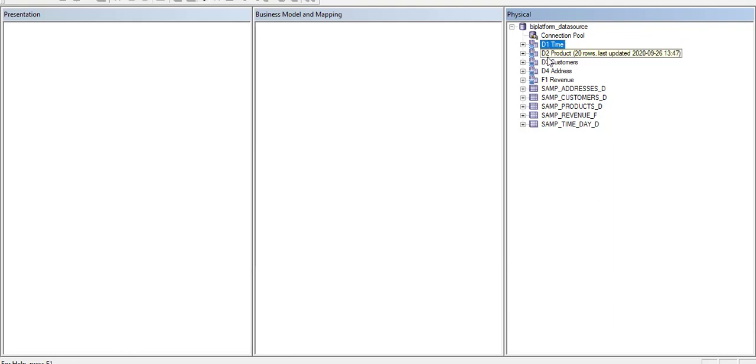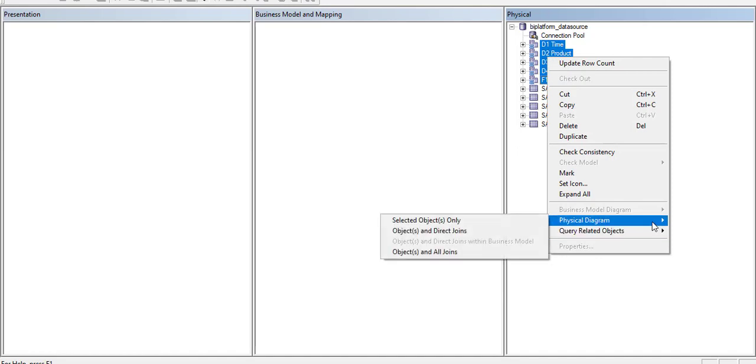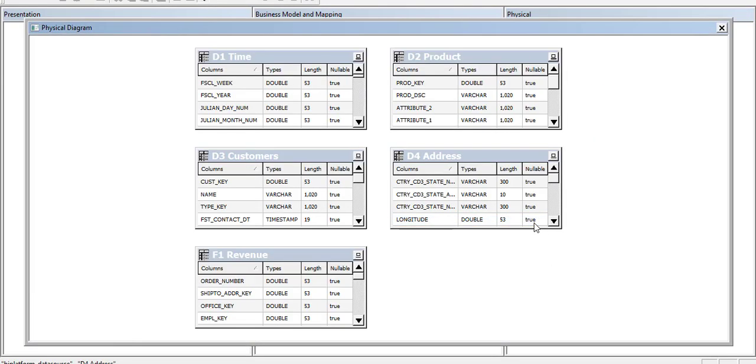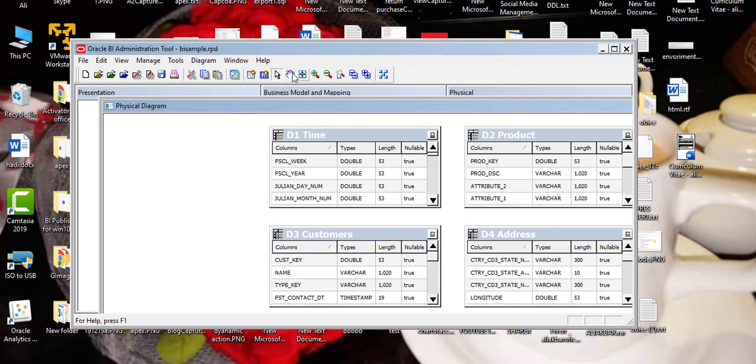now I'm going to create the relations between the tables. Selected object. Now I'm assigning relations, all dimension tables to the fact table, the F1 table. You can see the developer can assign a new relation from this button. You can see new join. When I click on join, you can see the cursor shape has changed.